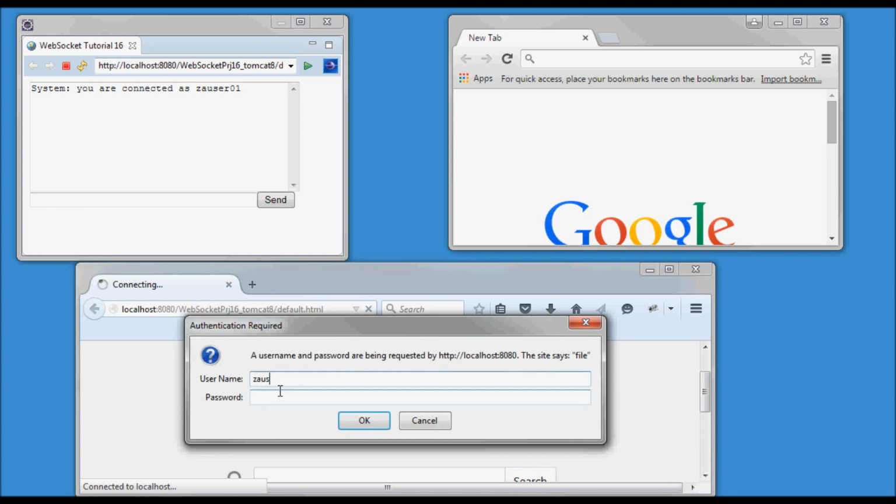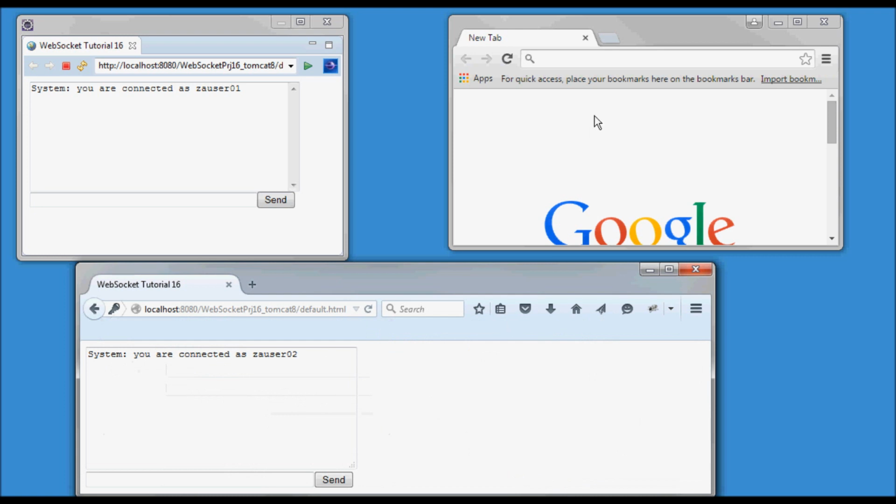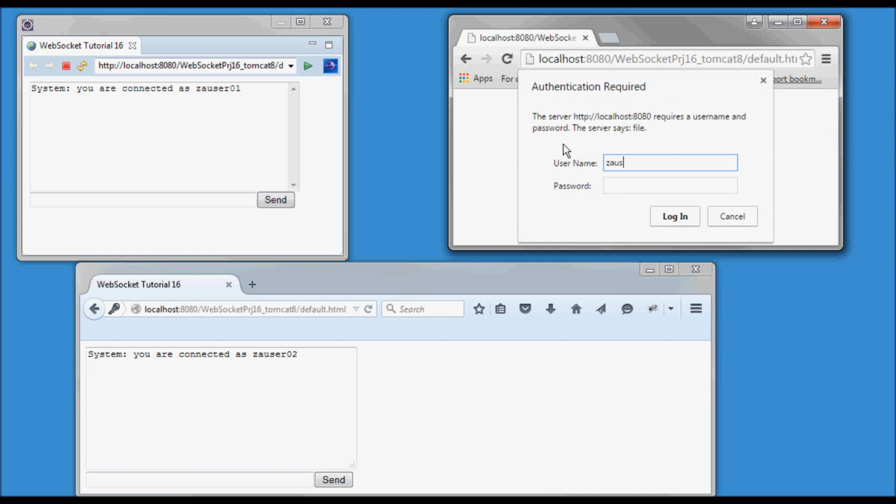So VA user 02 and password. And VA user 03 and password.